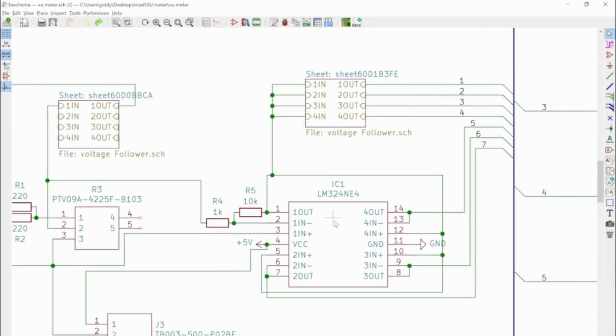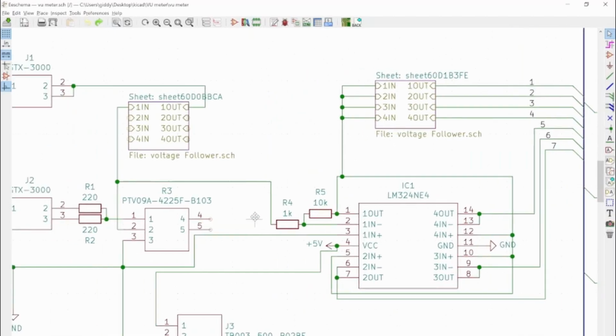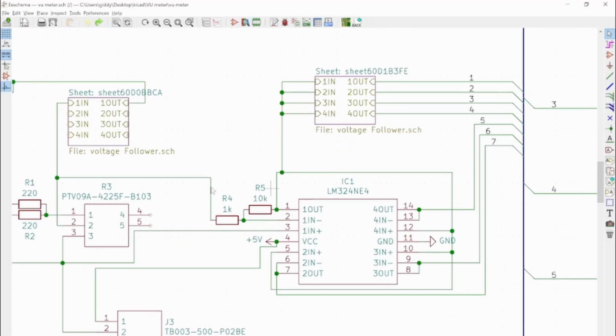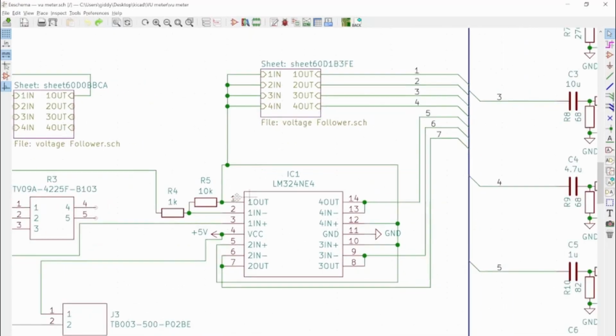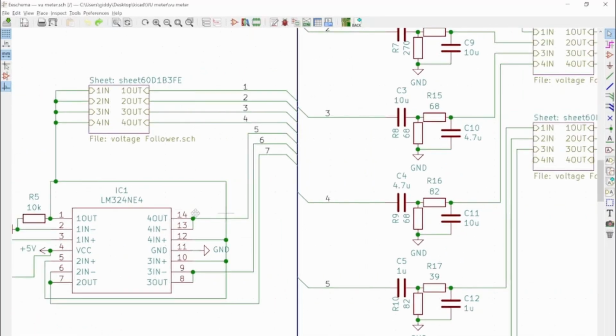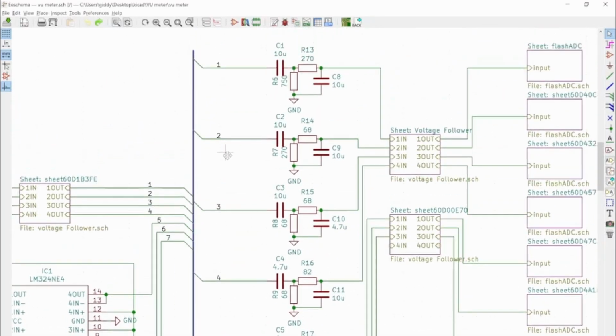This one here is an amplifier, so it's taking our incoming signal, and it's got a gain of 10, so multiplying all the voltages by 10, and then we're going to put it into our 4 voltage followers, so that's 4 in that one, and then 3 down here, into our series of